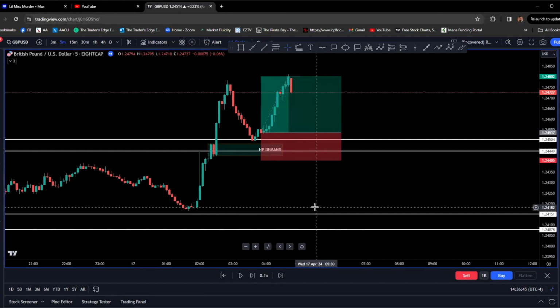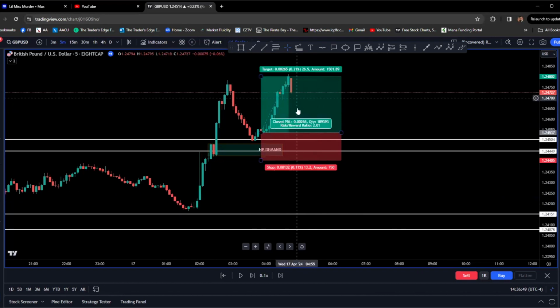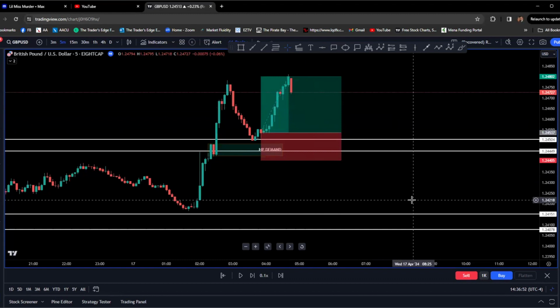And when you are winning, let your winner run. And obviously, if you're doing anything in the caliber of a 2 to 1 or better, then when you lose, you're going to lose 1 R. And when you win, you're going to win multiple R's. Okay. So again, this is